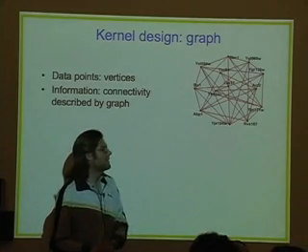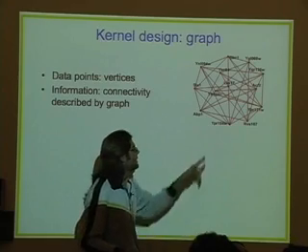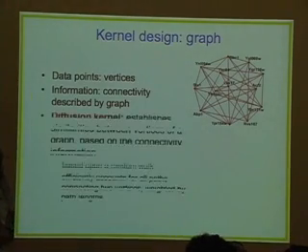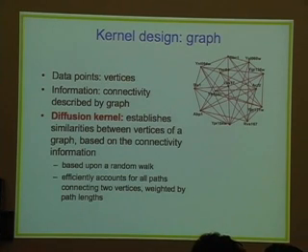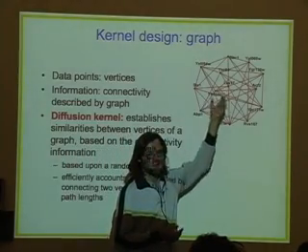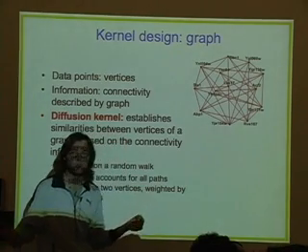Or, a more obvious example here is that these are just web pages which we want to classify according to their topic, and the connections between them are just the links between them, basically, all right? So there is a kernel which is called diffusion kernel now, which can actually be used to establish similarities between the vertices of the graph, so between the proteins or between the web pages. It will establish similarities between those based on the connectivity in the graph, where basically two nodes that are connected with a lot of short paths will end up to be much more similar than two nodes that are only connected by a lot of very long paths, okay?